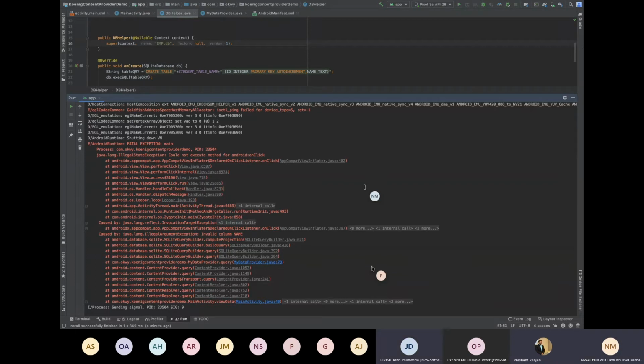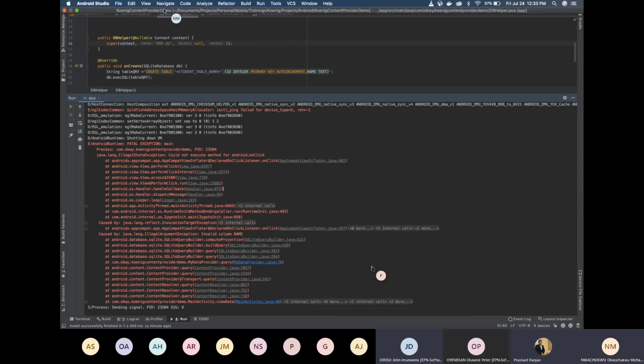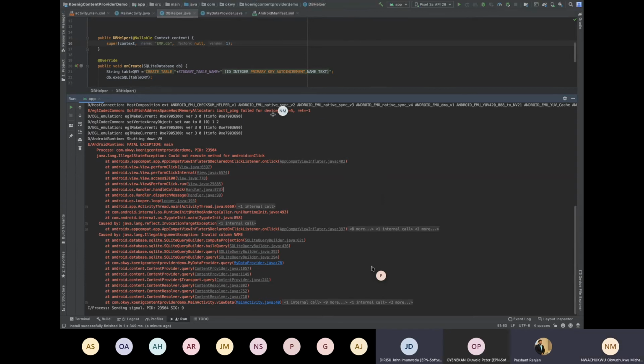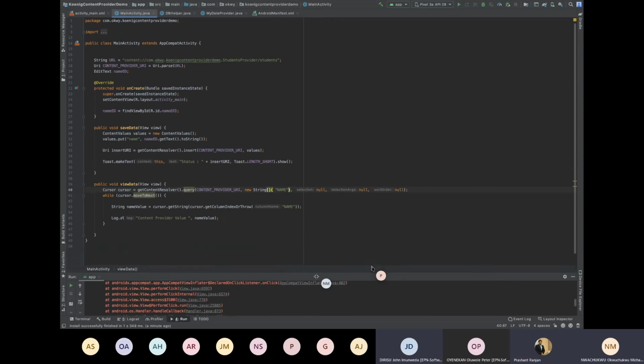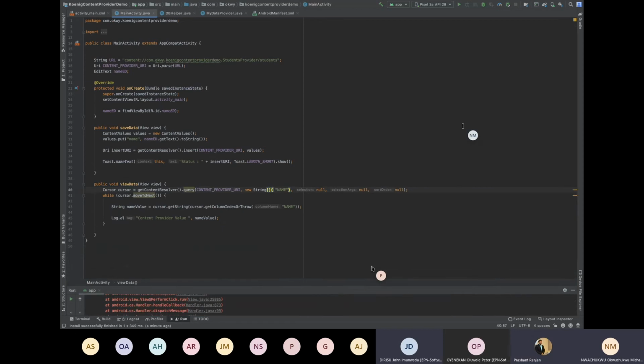So how do I share the source? You can share on Google Drive. Okay, let me see your main activity. The cursor. Or is that what Prashant changed? It's meant to be ID and name. Yeah, I have changed that. You can keep it, but it's not working. It's not taking the ID and name column.